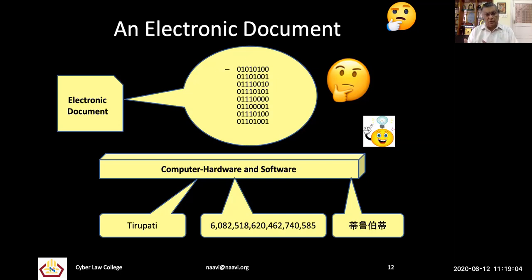So only a person who knows English will read the words Tirupati as Tirupati. A person who knows Chinese may try to read it in his own way. So the same computer can dish out different renditions from the same source document. Therefore, if we as a judicial authority want to take this binary document as evidence, we must remember that there